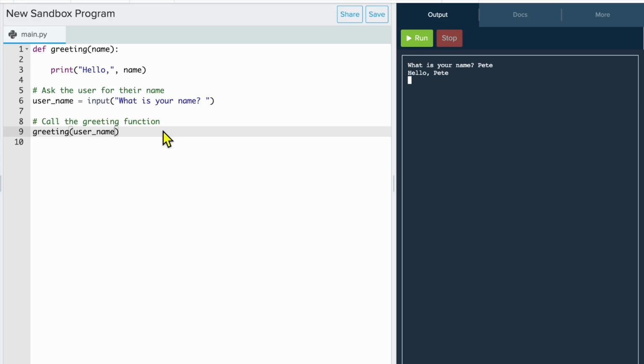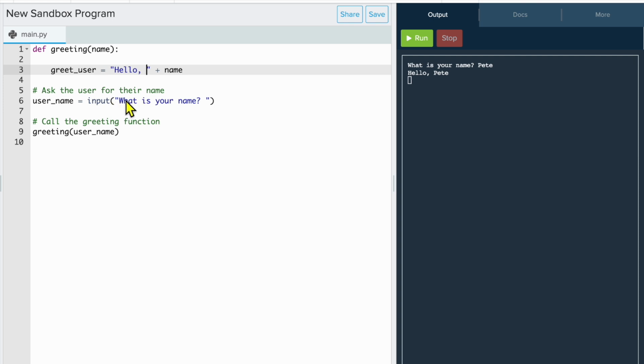So we can pass arguments into functions, but we can also return values from the functions as well. So say I've got here, instead of printing hello name, I want to return out of this maybe a string of this sentence here. So I'm going to change this into a variable called greet user, and I'm going to take these parentheses out. I'm going to change this comma to an add, because I'm actually going to concatenate. I'm going to join this hello and the person's name there. If I'm doing that, I do just need to add a space in there. I'm still going to ask the user for their name here,